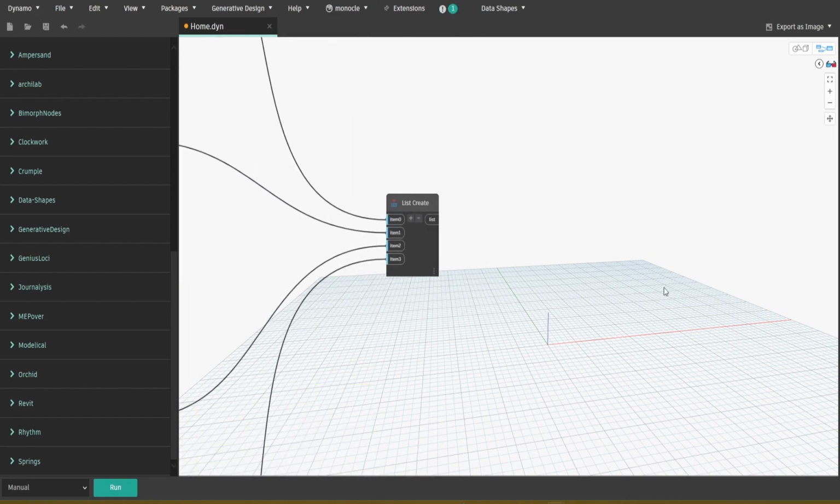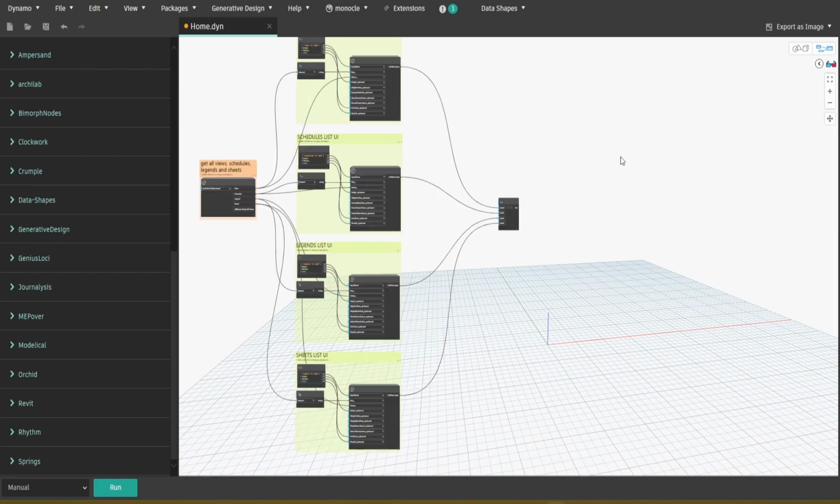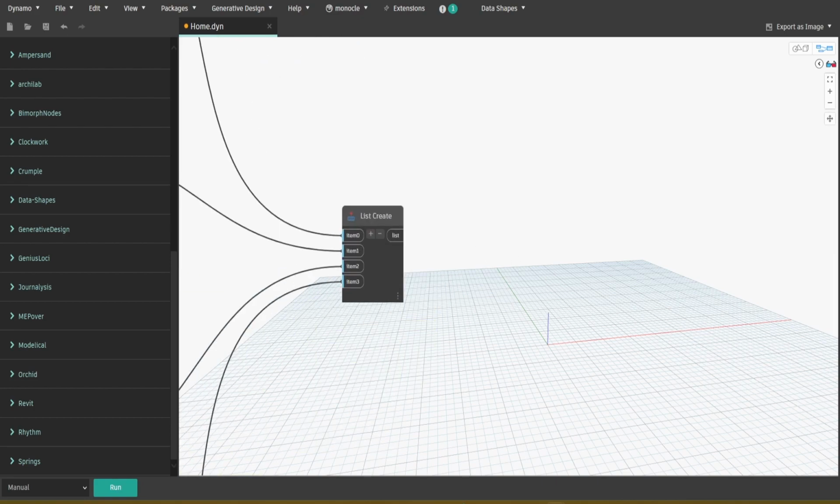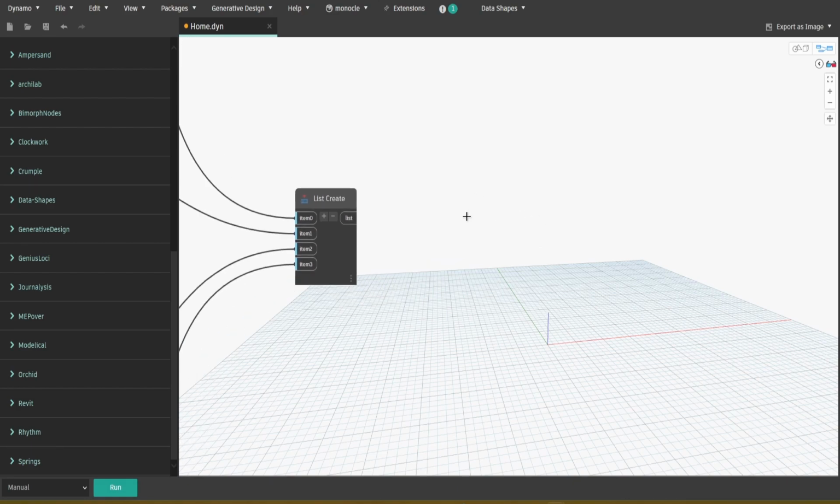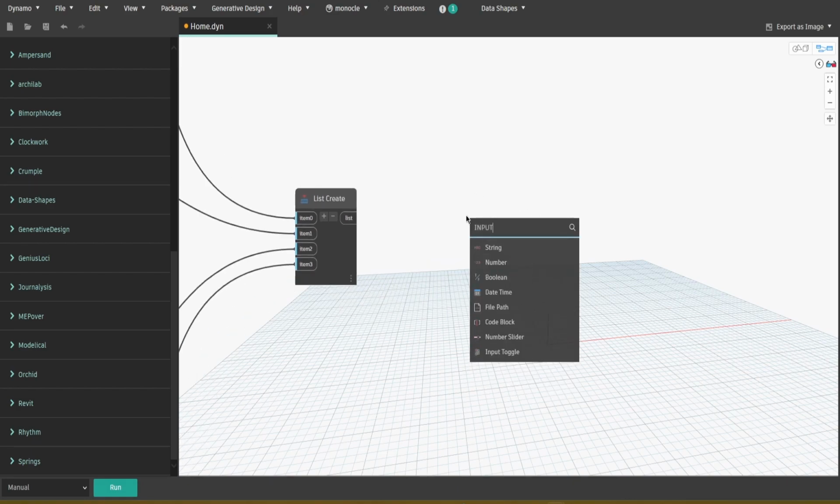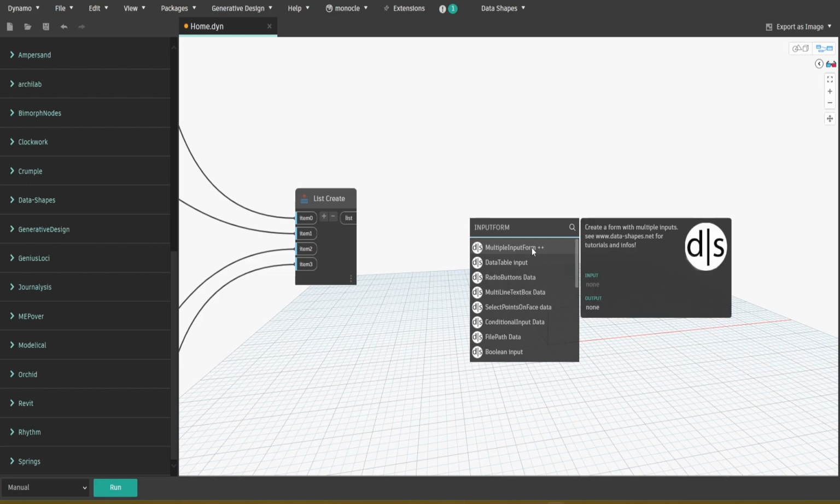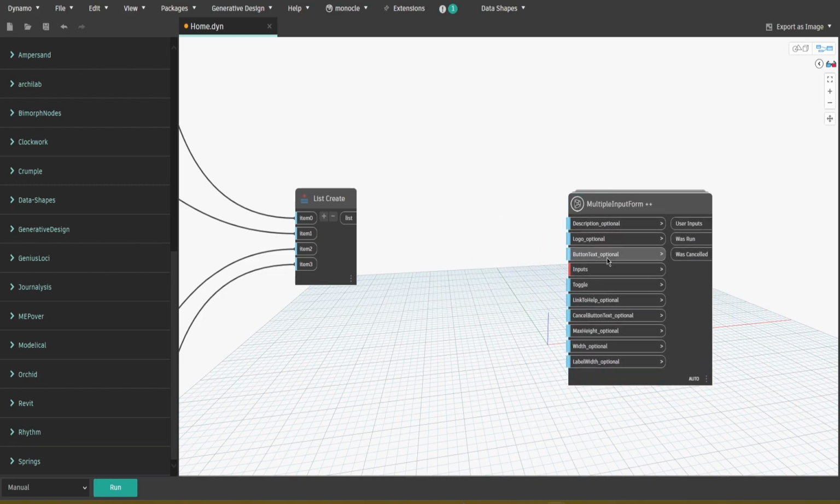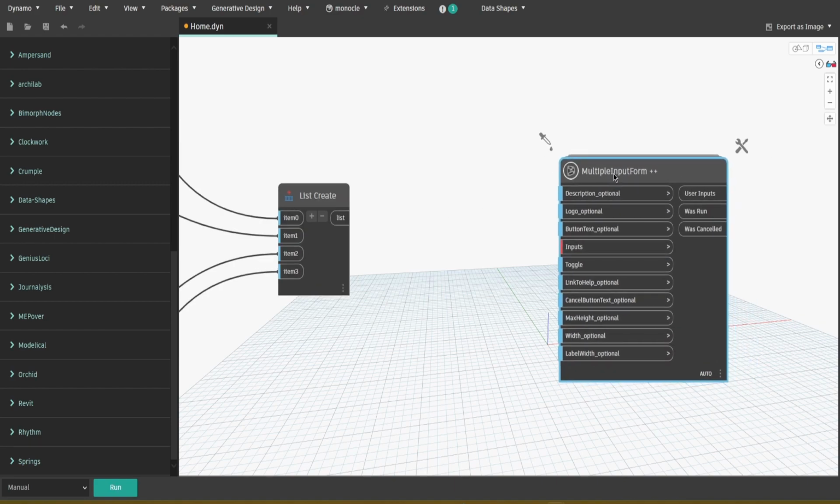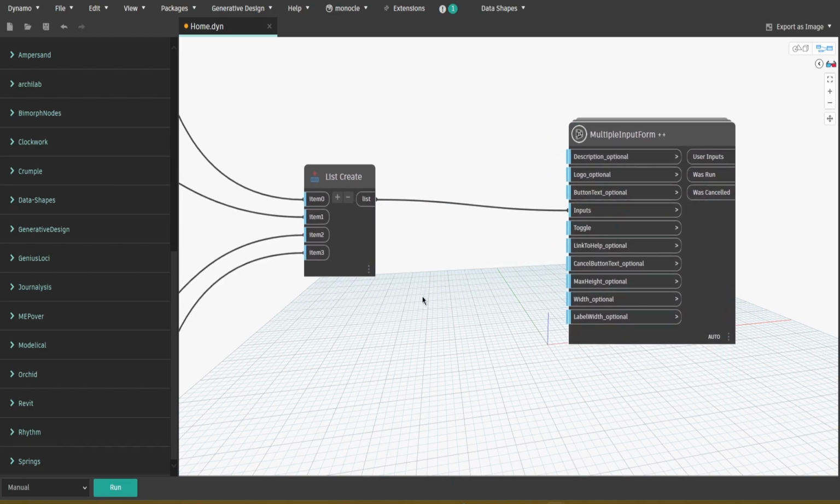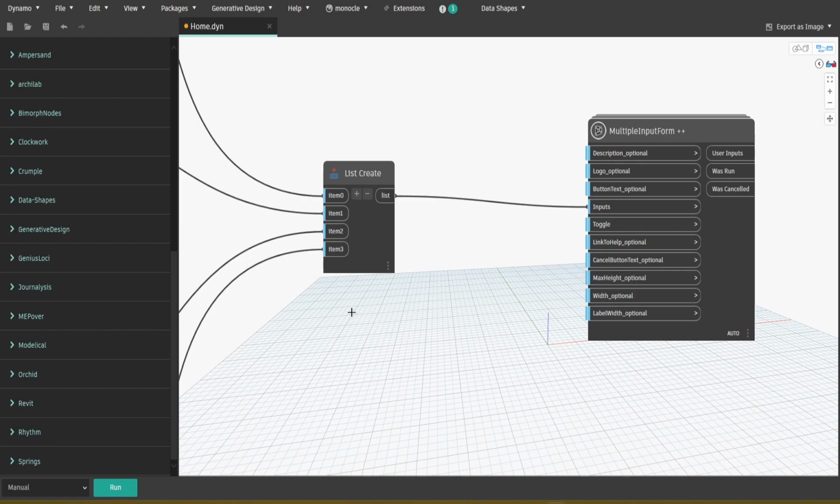Now we need to build a main UI where all of these elements would actually be positioned. For this we could use the node called multiple input form, from datashapes as well. As you can see, all we need to provide is inputs and everything else is given by default, but again we're gonna fill some of the information ourselves. So you take the list create output and connect it to inputs. This is gonna be our UI values. And if you create a new code block and type down, don't forget it's not case sensitive,